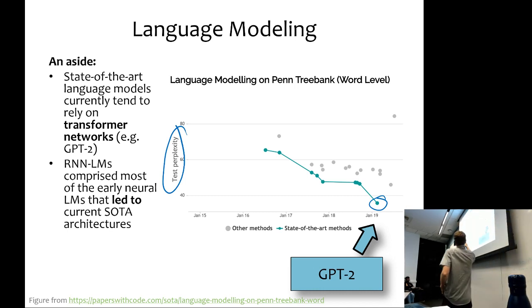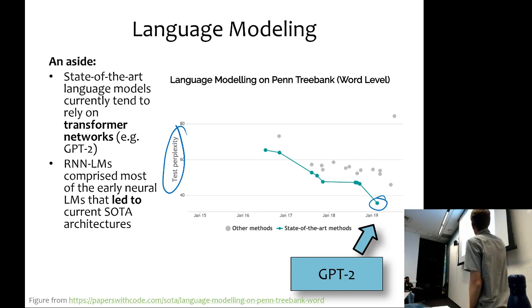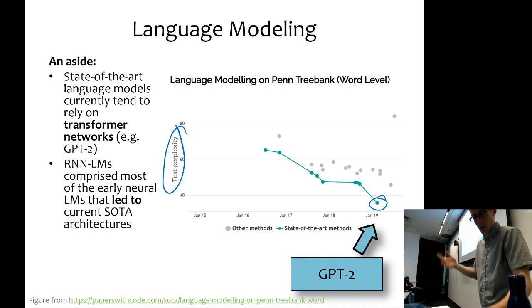But if you trace back the origins of this network, you'd find that it would lead you back to the earlier recurrent neural network language models that were introduced in, say, 2003. And so these have come now to dominate the space and are used all throughout real-world applications of language modeling. So things like,